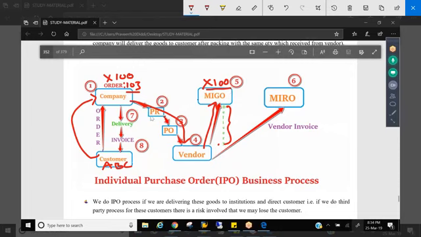Let's say this customer has not placed this order. Will you procure this? No, right? That means this material should be delivered to whom? Whatever you procured should be delivered only to this particular customer ABC against this sales order, right?